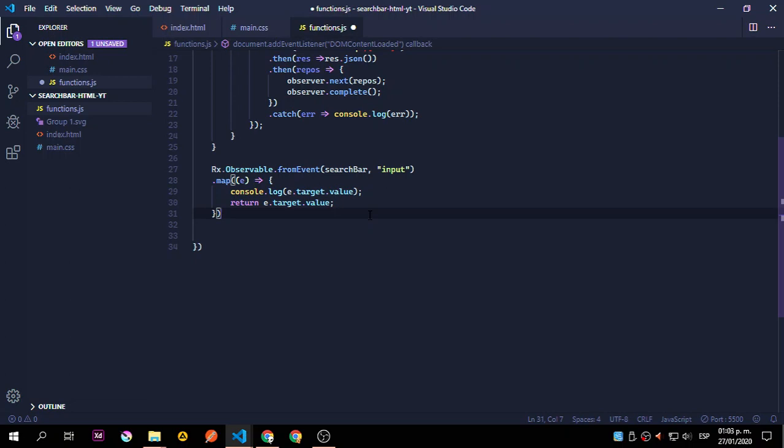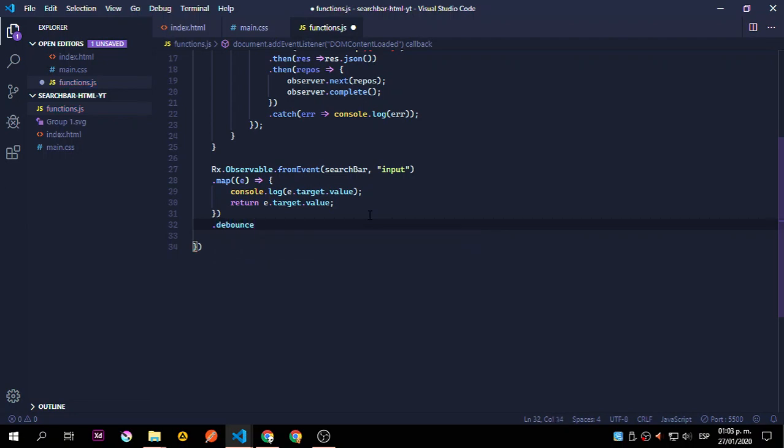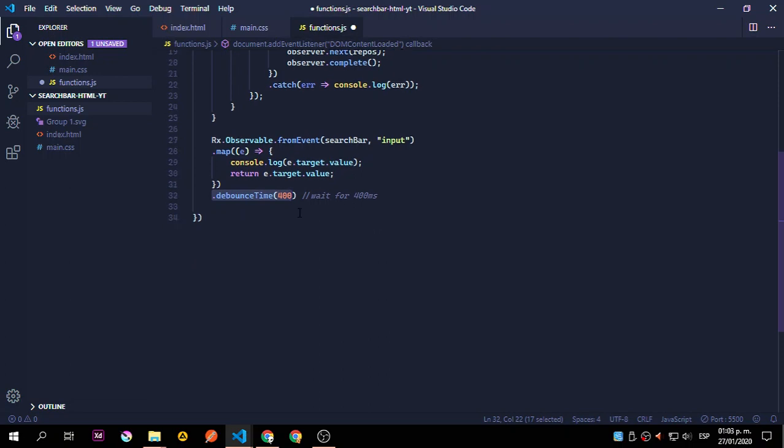So let's finish this actually. We're going to now change this using the bounce time, and set it to 400. What the bounce time is going to do is wait for 400 milliseconds in order to continue. So every time we type, it's going to have a timing of 400 milliseconds in order to continue with